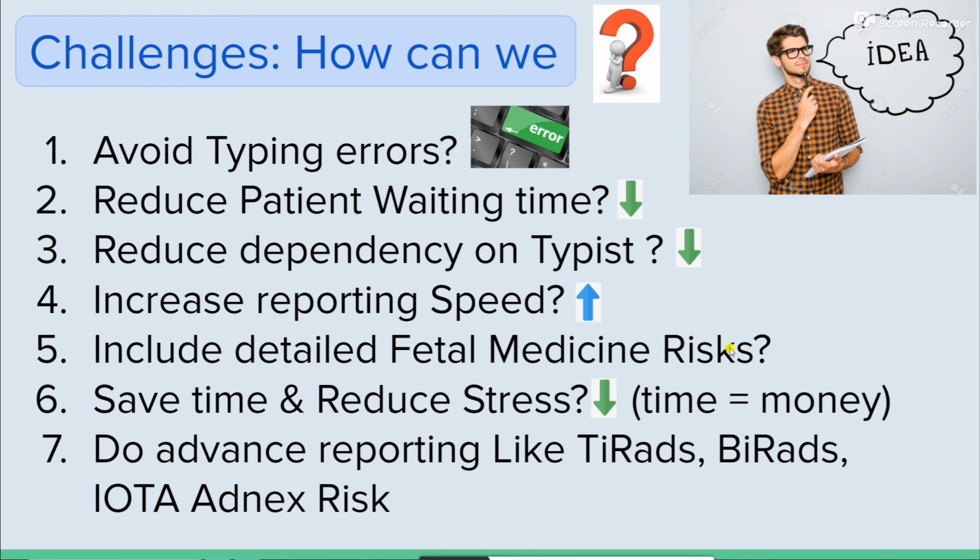Include detailed fetal medicine risk in the report, save time and reduce stress, and do advanced reporting like TIRADS, BIRADS, and IOTA adnexal risk, and include those in the report. Okay, so